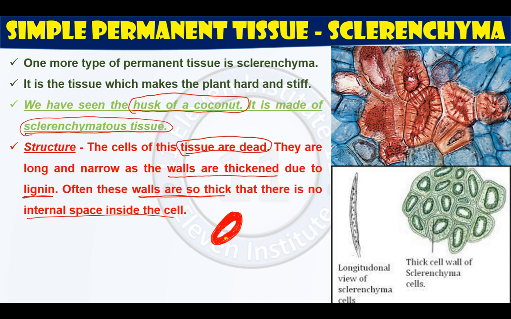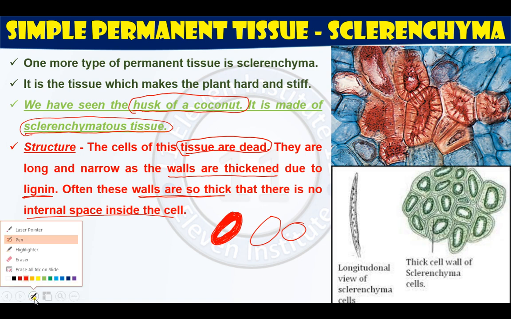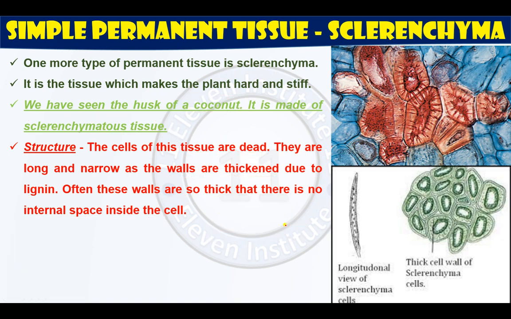This wall is thick due to the presence of lignin, right? And you can see, first of all, if you compare with parenchyma, there is less space inside the cell. See, not between the cells. We are not discussing the space between the cells. We are discussing the space that is inside the cell for now, right? So space inside the cell is very much less. Apart from that, the space between the cells is also less, right? Intercellular space is already less, but apart from that, the space inside the cell is also less.